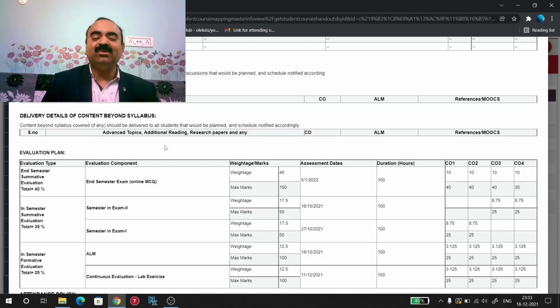Through formative exams like ALM, home assignment, continuous evaluation, lab exercise, and for attendance, you may get 25 marks. 25 marks through formative assessment and 35 marks through internal examination, total 60 marks. And through end semester examination, you can get 40 marks. That's how the evaluation plan will be there in different courses.